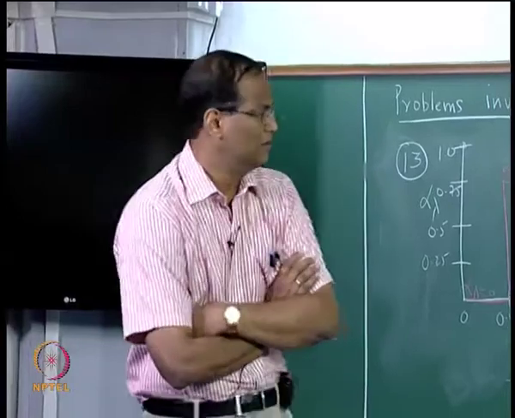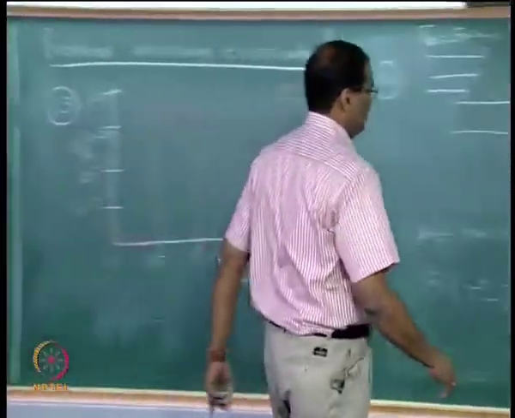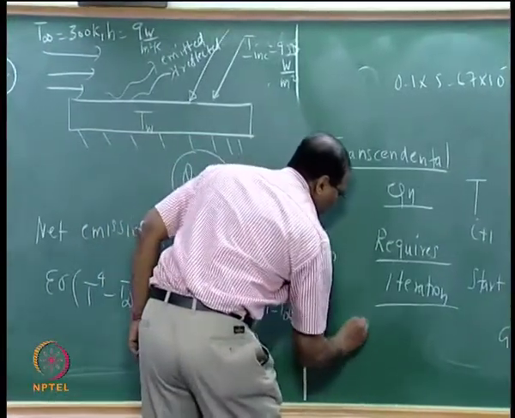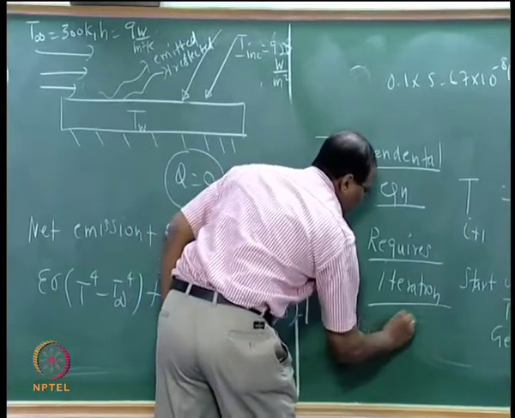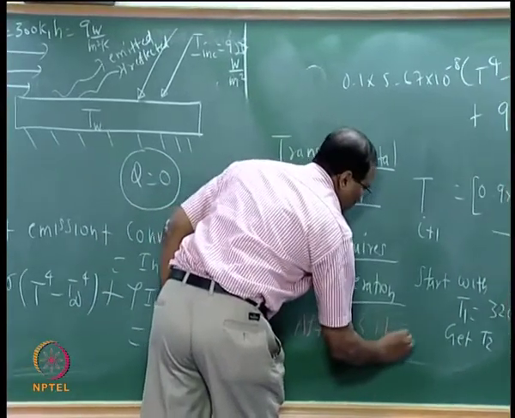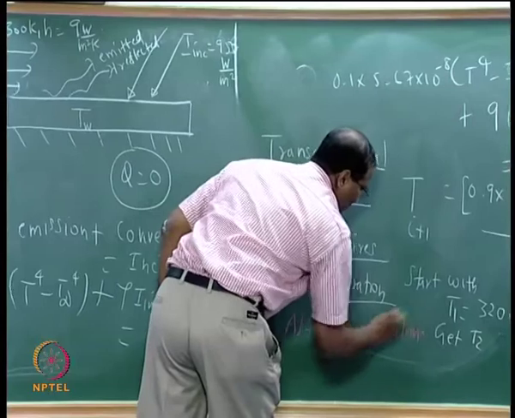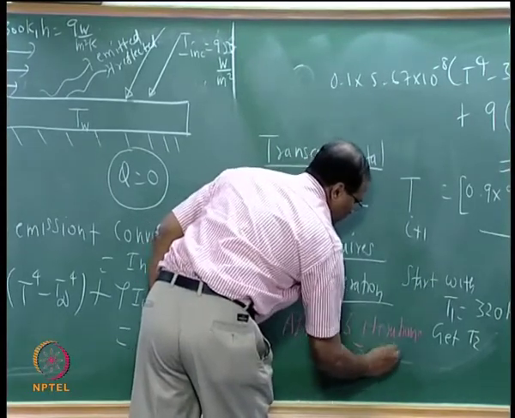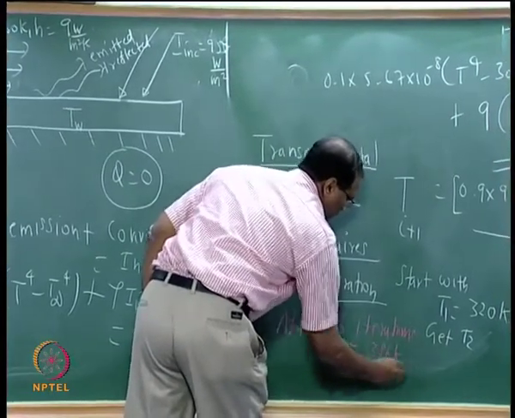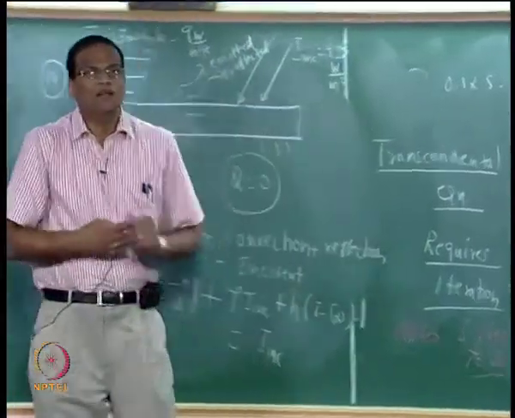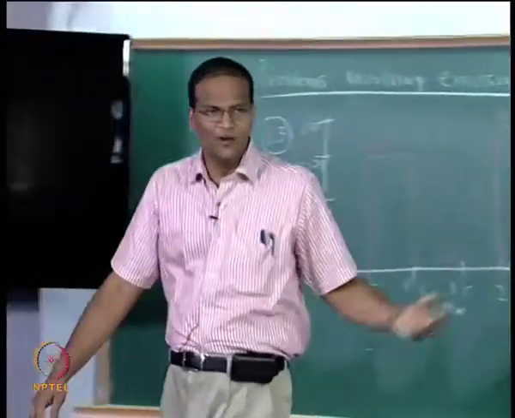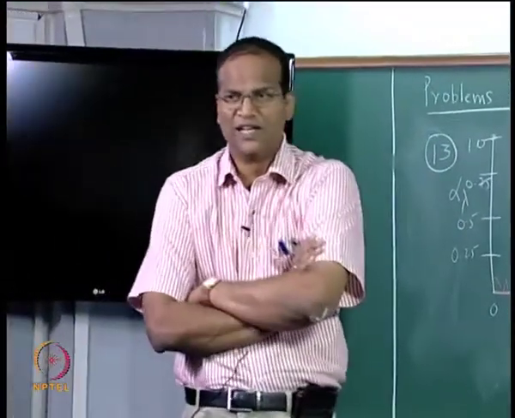386, very good. So how many iterations? After 3 iterations, it is believable. If you have a flat plate collector you can get around 110 or 120 degrees centigrade, but